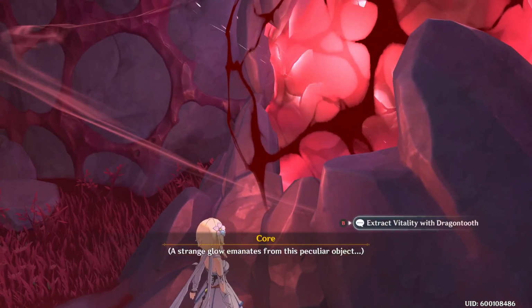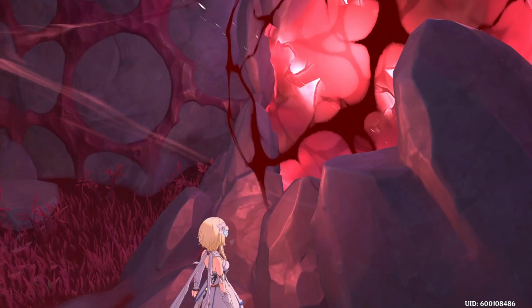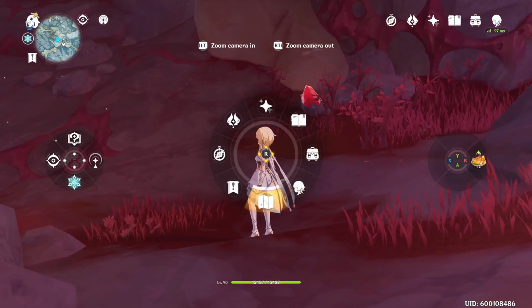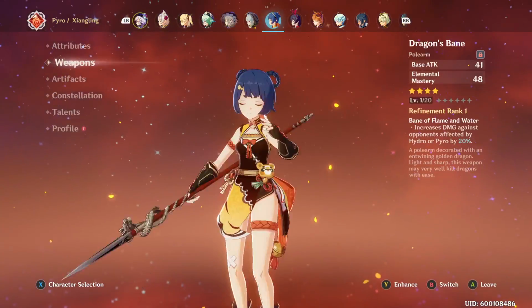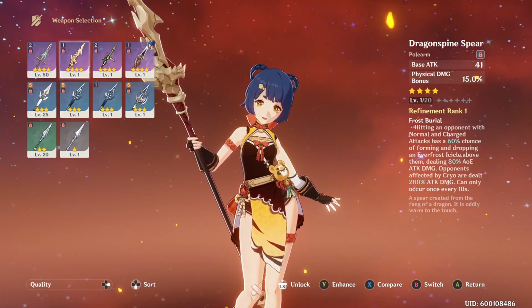Wait, what happens when I do this? Strange glow emanates from this. Extract vitality with dragon tooth? I don't have any dragon tooth. I know I went here for a side quest to make the, what do you call it? If I go to character, go to Xiangling, my only polearm user. Yeah, the quest that let me make this spear,